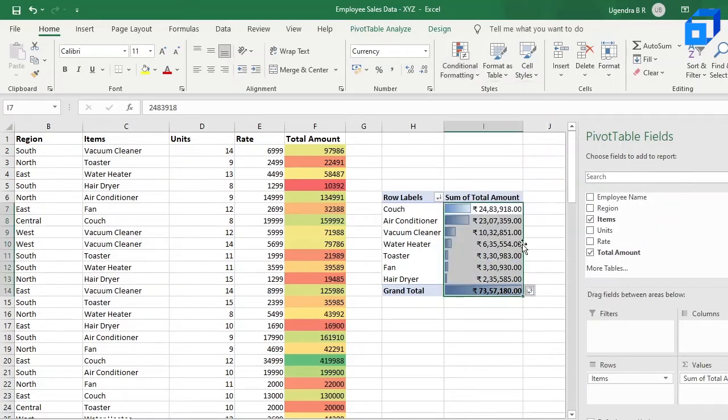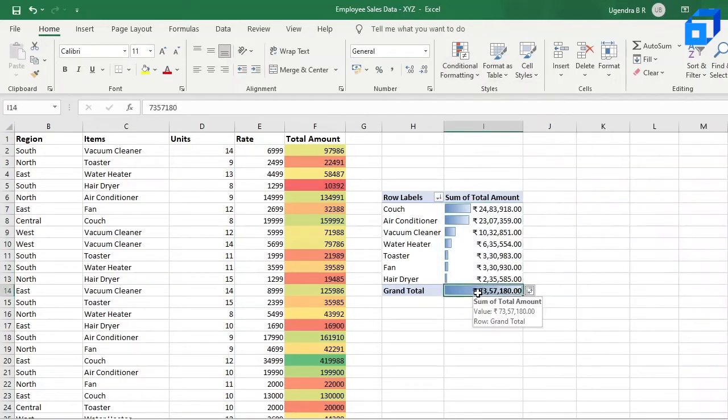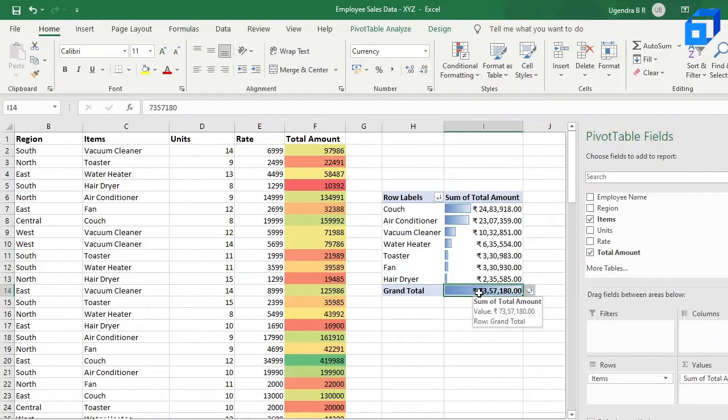Over here you can see that the total value is 73,57,180, for which the bar is completely full. And as you can see, the bar decreases as you go down because it is already arranged in descending order. So the highest number of sales for a particular item is for the couches, which is around